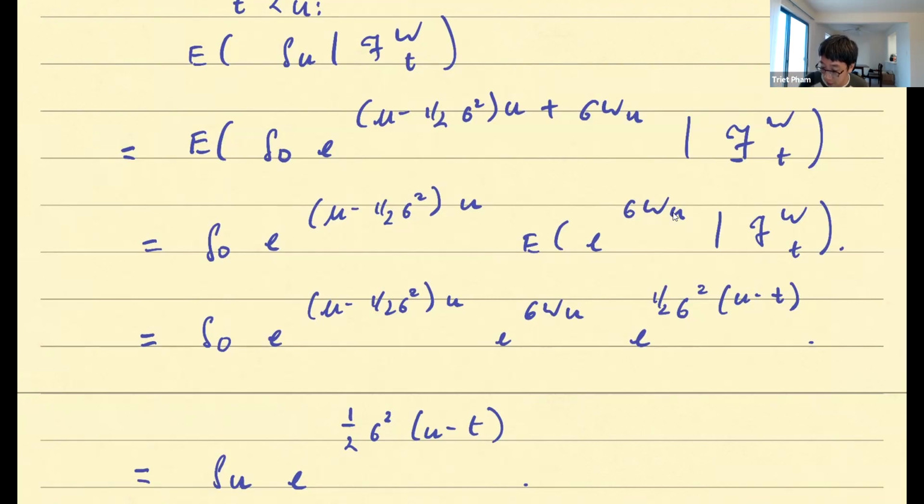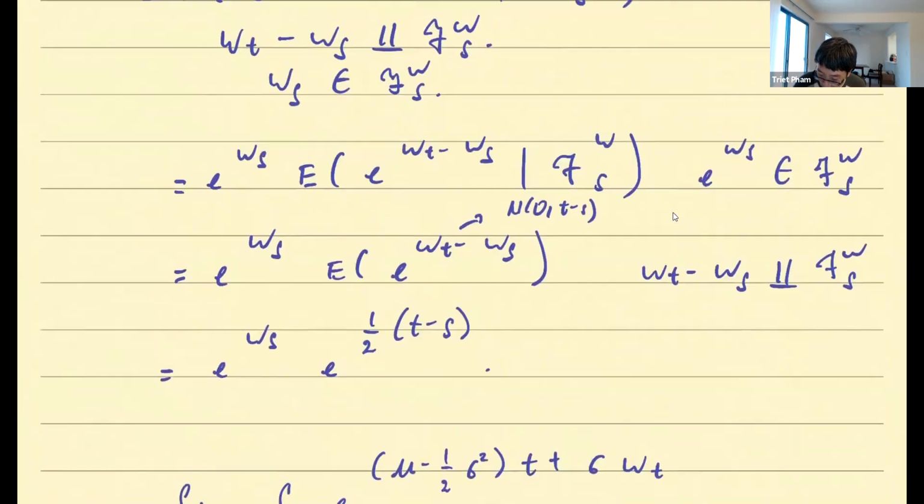Yeah, Giovanni, you want to say something? The error is here. It's not supposed to be WU. It's supposed to be WT, right? Because T is the time before U. Is that what you want to say? Yeah, so I quoted the wrong time. All right, sorry guys, somehow I'm so used to thinking that T is the time after.